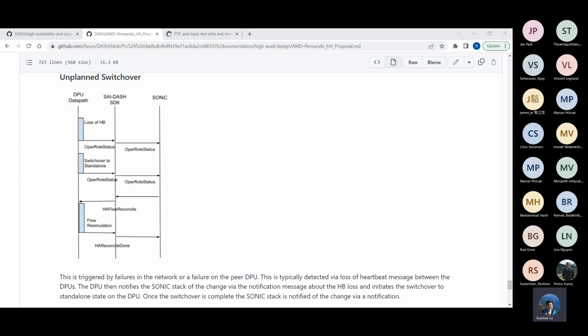But if we switch roles, there is a change of role, so now the new active one should send the traffic to the new backup, right? I think there are a little bit of unsynchronized events that could cause issues. For example, let's say you ask BGP to redirect your traffic to the new active. Now, the new active will start receiving traffic.